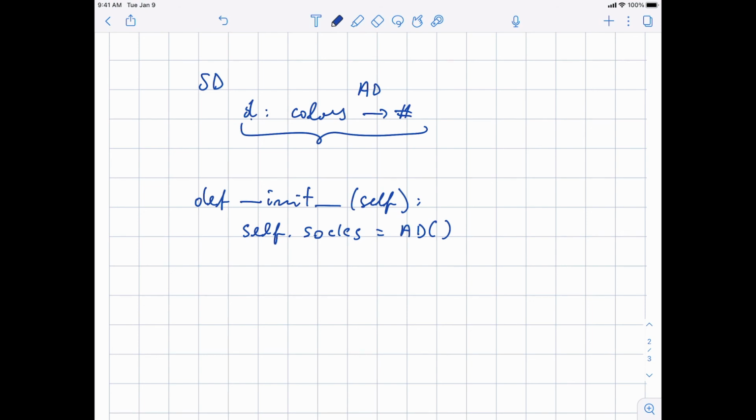So there is the arithmetic dictionary representing how many socks you already have in the drawer, and there is another arithmetic dictionary representing how many socks you are adding. Perhaps it will be just the arithmetic dictionary saying red equals 3, to put in 3 red socks, and you will be simply able to add them together and put the result again in self.socks.